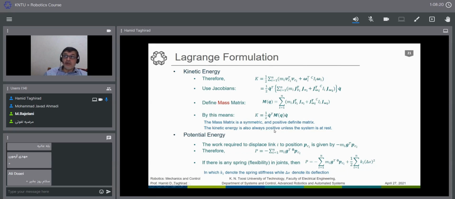It could be 0 if the Q dot is equal to 0. So it is usually at the origin, at the 0 point, that we have velocity 0. Otherwise, it is positive. We also call it strictly positive. So we find a very important part of the Lagrange equation, and we will see that